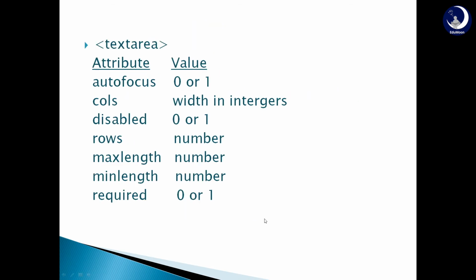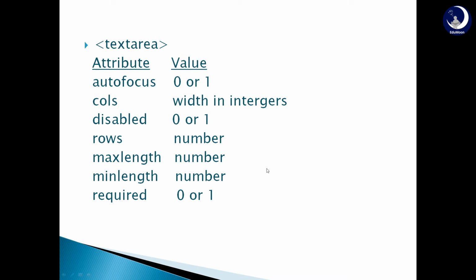Text area. It is a tag generally used to create an address field. For address field, we have multiple columns and rows. This field works same as that of a text field, but it has more columns and rows. Precisely, cols and rows attributes of text area are used to set the rows and columns of the field.